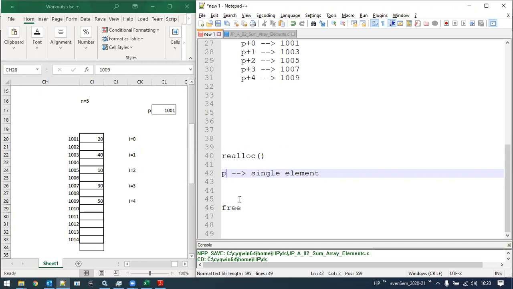To implement that, the C programming language supports a dynamic memory function called realloc. How does it look? Let me write the syntax.